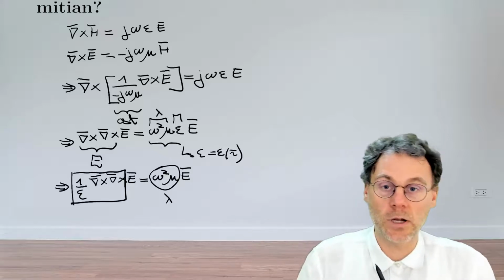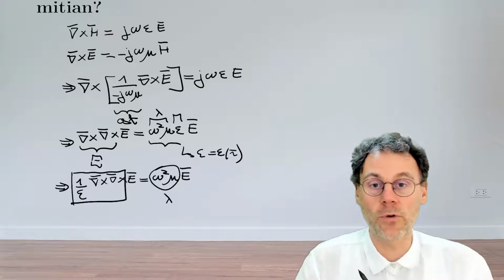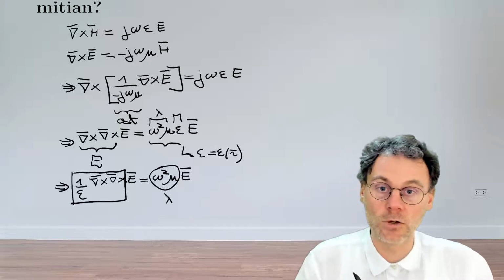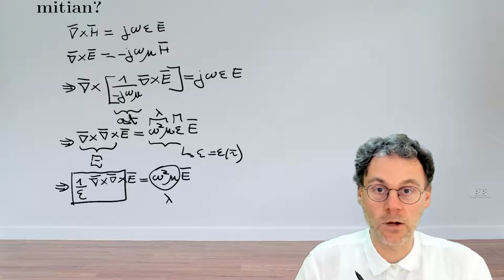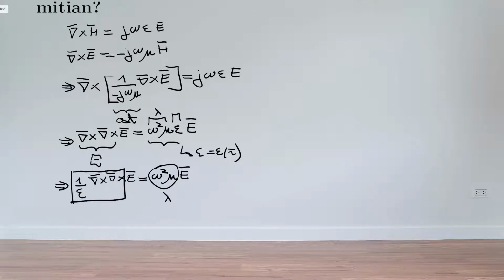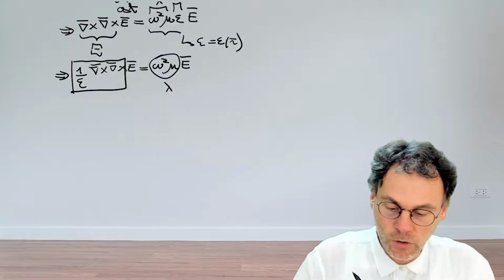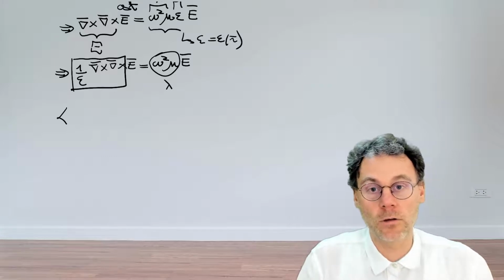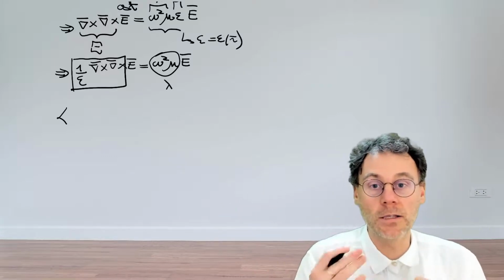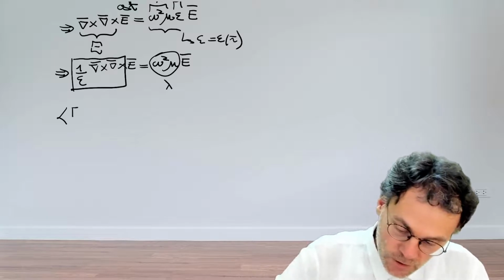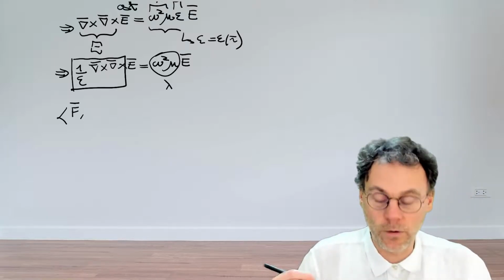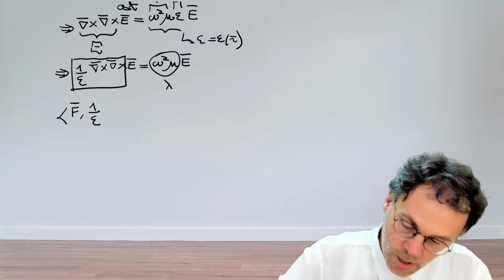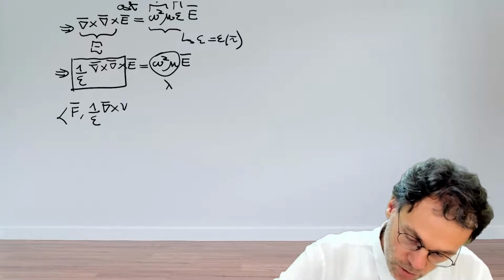The next half here is about trying to figure out whether this operator is Hermitian or not. So take a couple of minutes to try and figure this out. So what do we need to do in that case? We need to look at a scalar product where our operator first operates on either the first or the second factor and see if those are equivalent. So let's write down the following scalar products where we first have f and then we have our operator, 1 over epsilon curl curl,